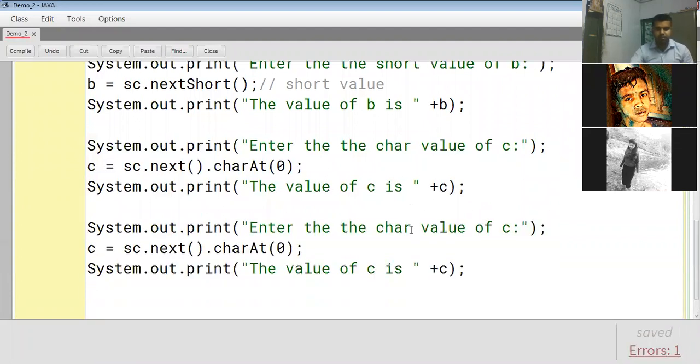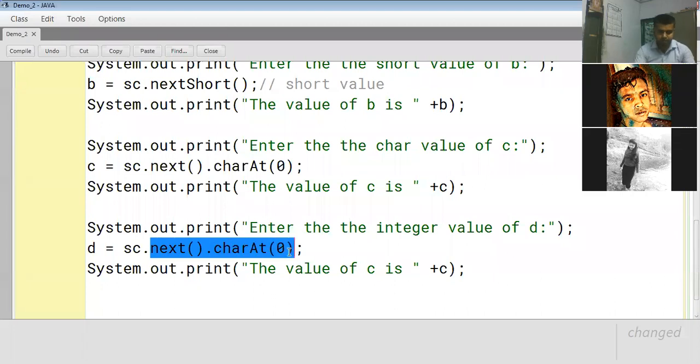Okay, so this becomes integer, so integer. Okay, this becomes d. d is equal to, as usual, next int bracket, and we will print the value of d. Okay, again,